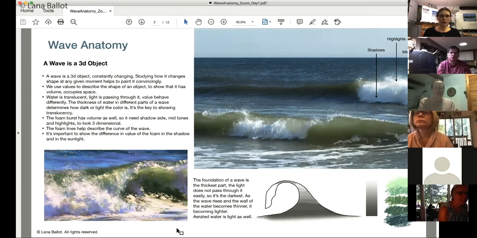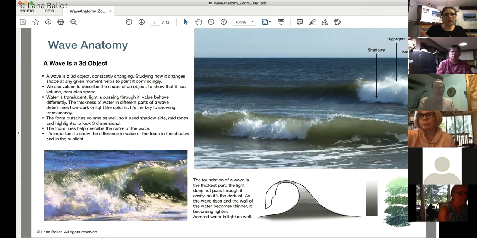So the best you can do usually is just catch some colors and get a general idea of the wave. And it is very valuable experience, because when we take pictures, color just does not quite look the same in a photo, and values sometimes get very dark or very light. So it is very important to observe it, but as far as getting understanding of the form, it's actually very